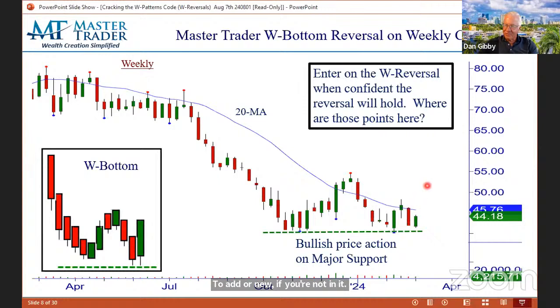Because now I have a red bar ignored. I have 1, 2, 3, 4, 5, 6, 7, 8 bar reversal on major support with a price void. So when we talk about momentum move down, that's why we love these patterns, because this momentum move down is insignificant resistance. And you know what, Greg, I don't know why I never thought of this before,